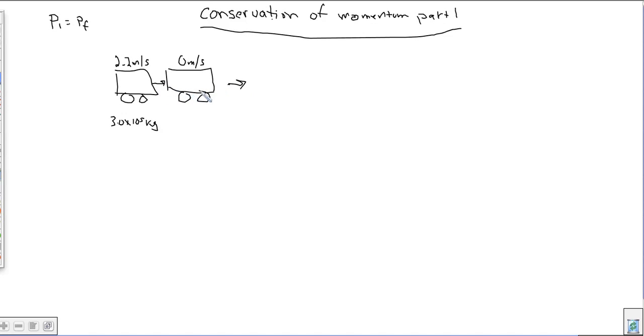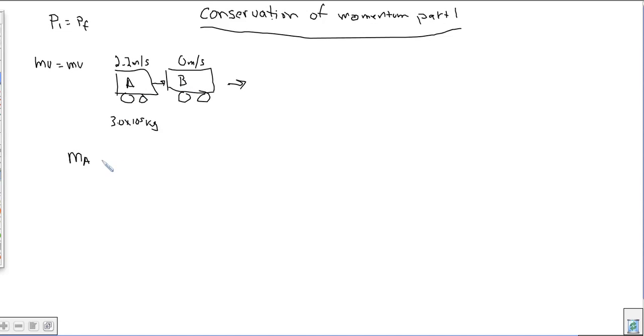But if the mass is doubled, if you have this mass here, but then they collide and the mass is doubled, what's that going to do to the momentum? Well, it's simply going to cut the velocity in half, because if the momentum initial equals the momentum final, and momentum is mass times velocity equals mass times velocity. So we could write it out a little bit more specifically. You could say, let's say this is car A and this is car B. So the mass of A